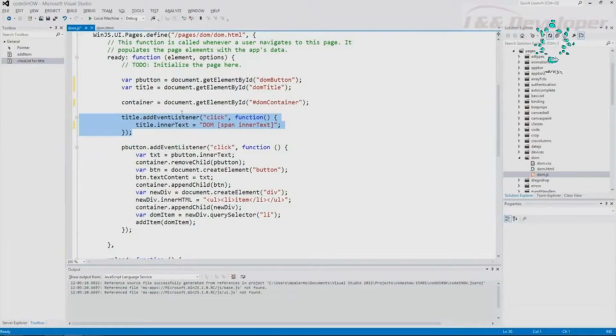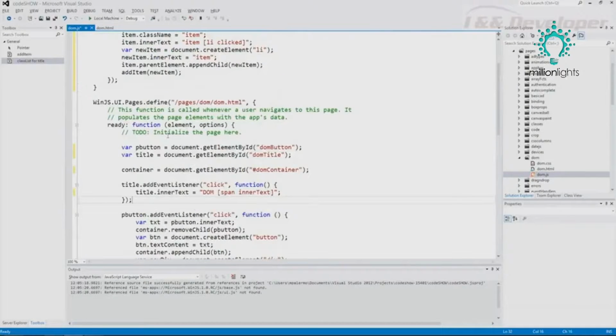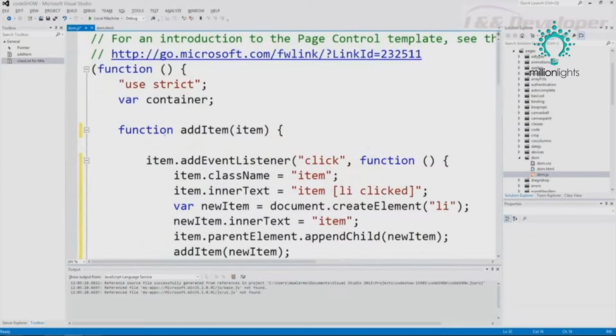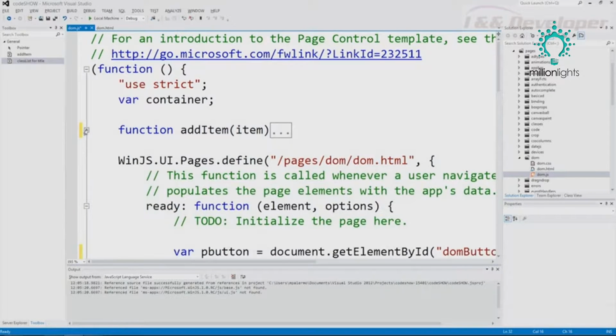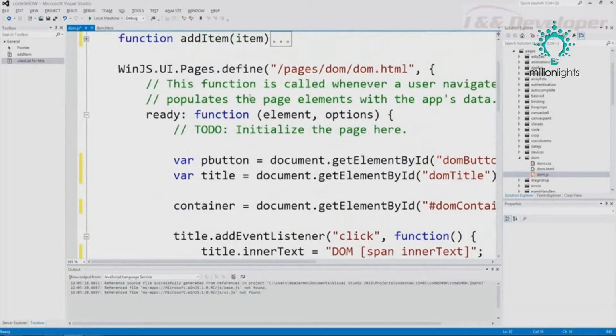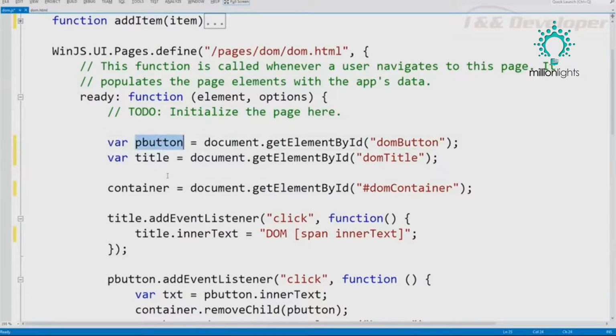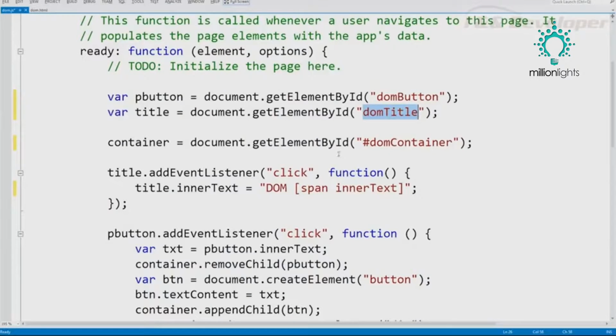I'm going to go over to the DOM manipulation inside of the Code Show project. And I want to talk about a few things here. In fact, I'm going to save this one for last, so I'm going to collapse that. I am in the ready event for this page. I've declared that there is going to be a button and a title that I'm going to retrieve. There's also a container, which